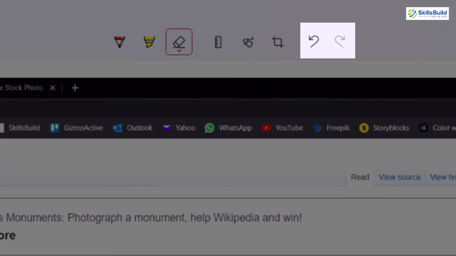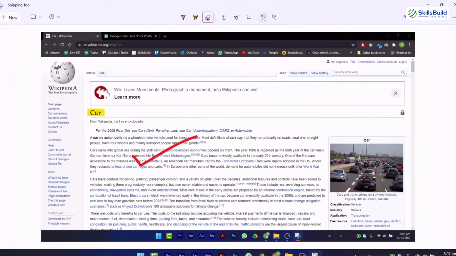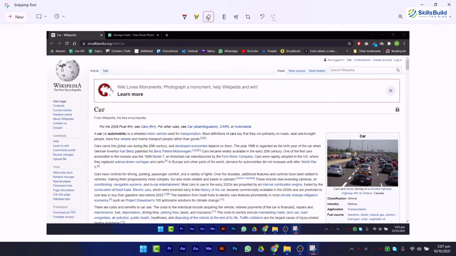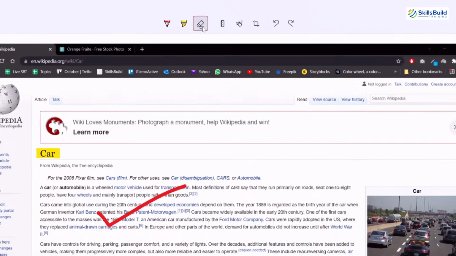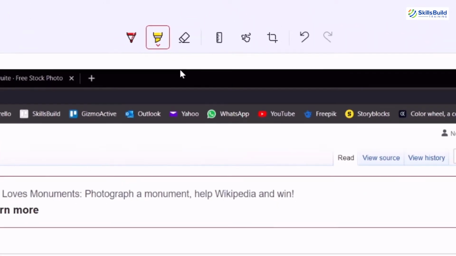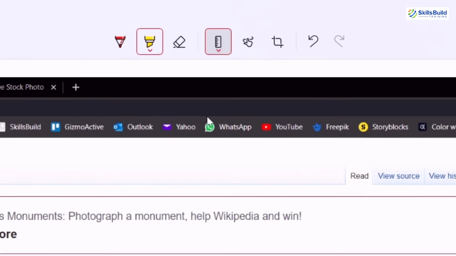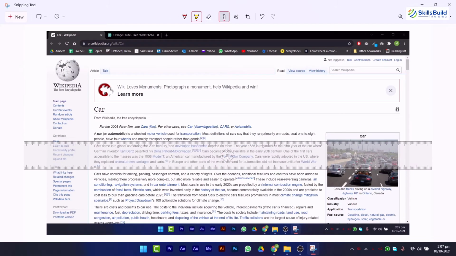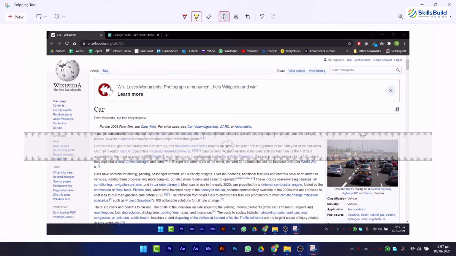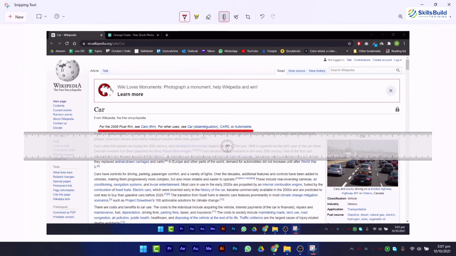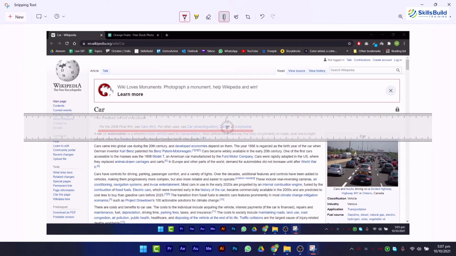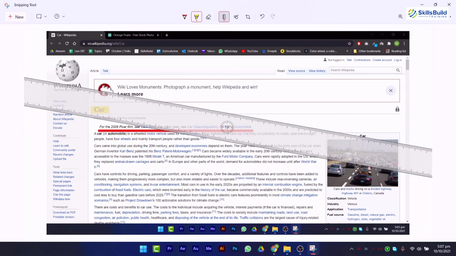These two buttons are for undo and redo. We can also use their shortcuts Ctrl plus Z and Ctrl plus Y respectively. If you want to clear everything, then use this option Erase All Ink. To make straight lines using ballpoint or highlighter, we can use this ruler. To rotate the ruler, bring the cursor inside it and then use the scroll wheel.